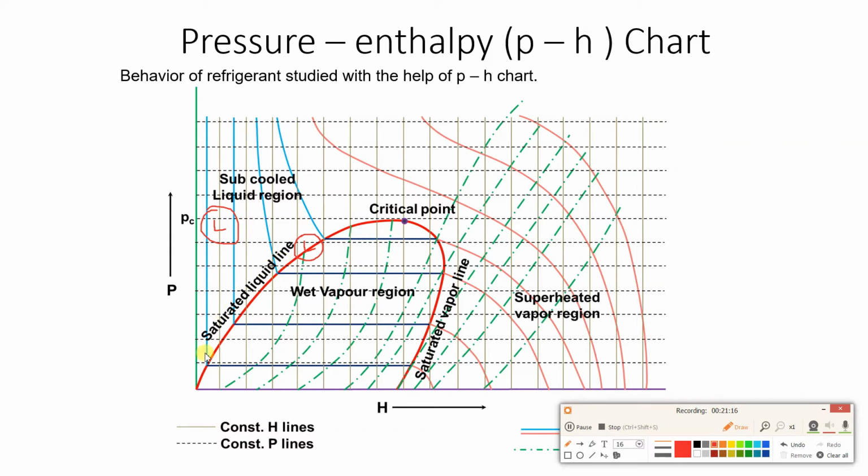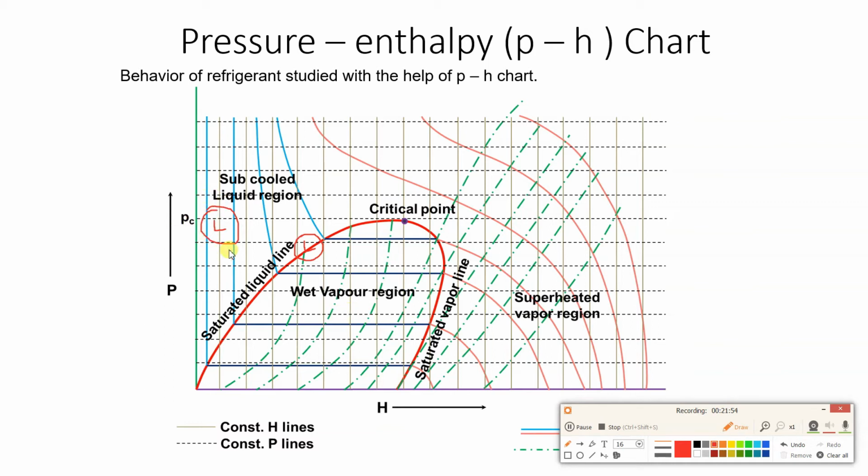This saturation curve is similar to what you studied in thermodynamics. At atmospheric pressure, what is the boiling point of water? Water can be at 100, right? So this is that saturated liquid curve. On this curve, if atmospheric pressure is there and we are considering water, water will be there at 100. And if you add some amount of latent heat, there will be liquid plus vapor mixture. Then when you complete the latent heat part, you will get 100% vapor. Again, if you go on adding heat, you will get superheated vapor. If you consider steam, same thing we are considering here.